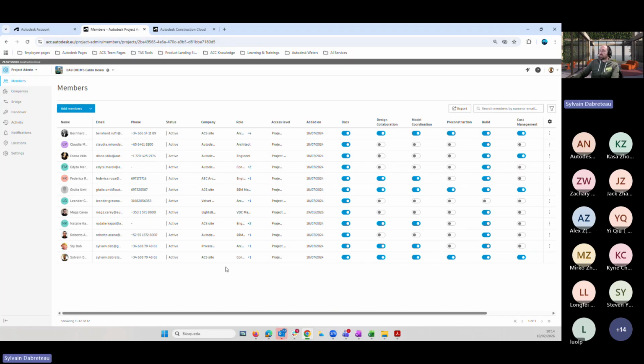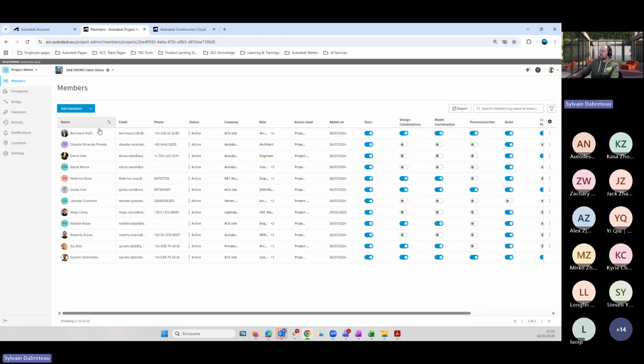So we can see that, for example, everyone has Docs access. But not everyone is working on design collaboration and coordination. So we can say that, for example, Bernard here is part of my collaboration and coordination team, also pre-construction and build. He has access to everything. Maybe he is the project manager. Yeah, he's a project admin.